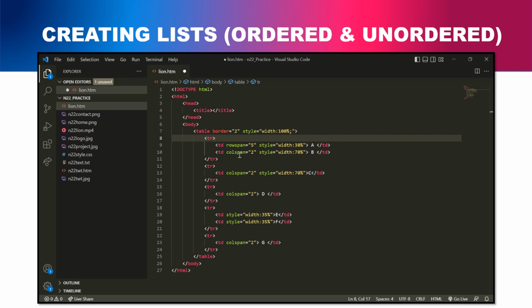There are two kinds of lists in HTML. One is unordered list and the second is ordered list. An unordered list starts with the UL tag. So every list item will start with the LI tag. So if we need to create an unordered list,